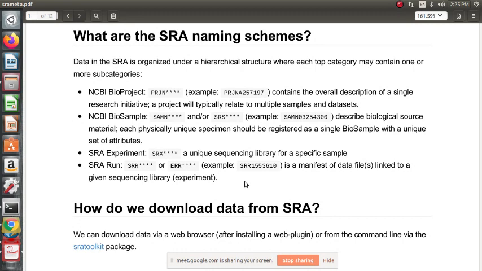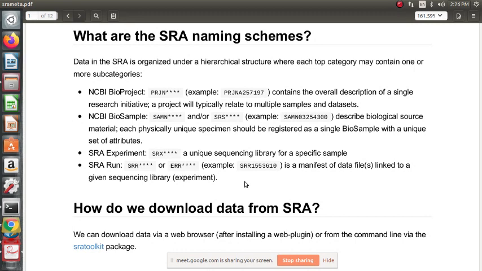Data in the SRA is organized under a hierarchical structure where each top category may contain one or more subcategories. Number one, NCBI BioProject, PRJN, for example PRJNA257197, contains the overall description of a single research initiative. The project will typically relate to multiple samples and datasets.